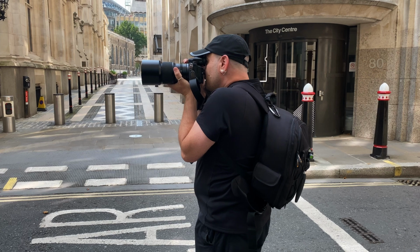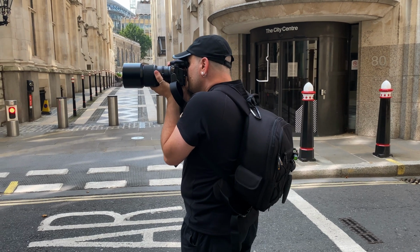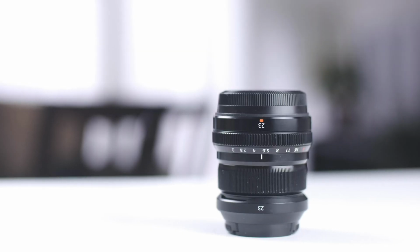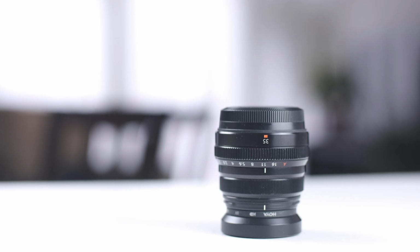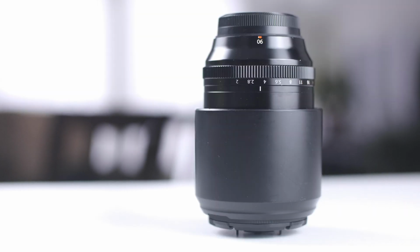Now when it comes to lenses, it really depends on what I want to shoot and the situation I'm in. When I shoot street photography, for example, I almost exclusively use prime lenses. I use the 23mm f2, which is equivalent to a 35mm on full frame, and I also take the 35mm and the 90mm f2. If I want to get closer to subjects, I use the 90mm, which is actually my